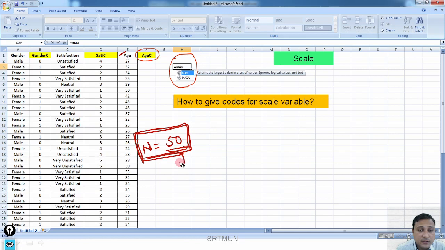And there are different ages of each of the respondents. Each of the respondents has mentioned a separate age. Fine. Now, how will I give code here for the age? Before giving code, you will have to compute the maximum value from this variable age and the minimum value from